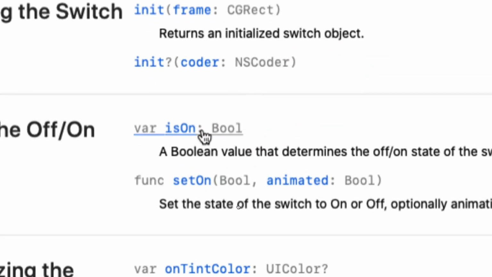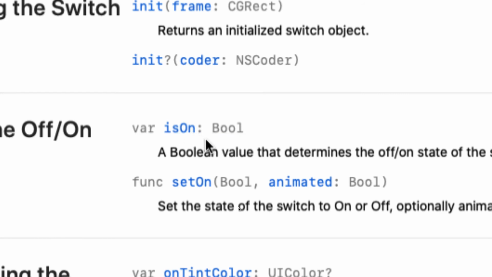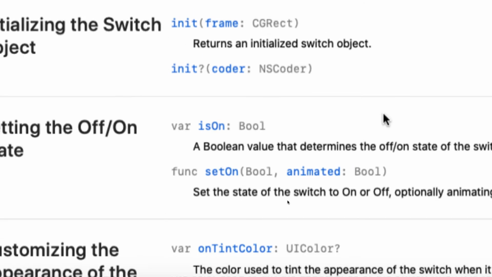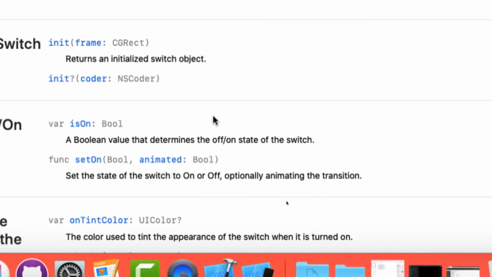One of these is a var called isOn, and it's a Bool. This is the first Boolean we've worked with. Do you remember what a Boolean is? It's a true-false statement. So if we did, for example,